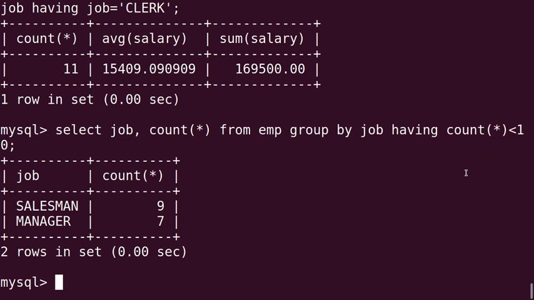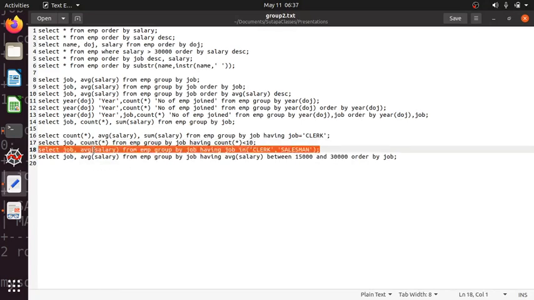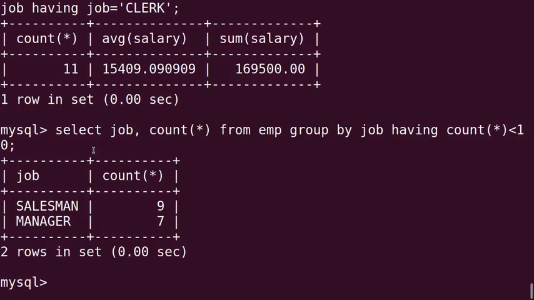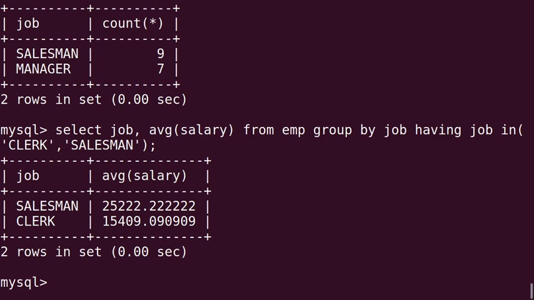Next query. In this query, 2 types of job we are expecting in the output. With the having clause we have given having job in clerk, salesman. So for clerks and salesman we get the average salary.